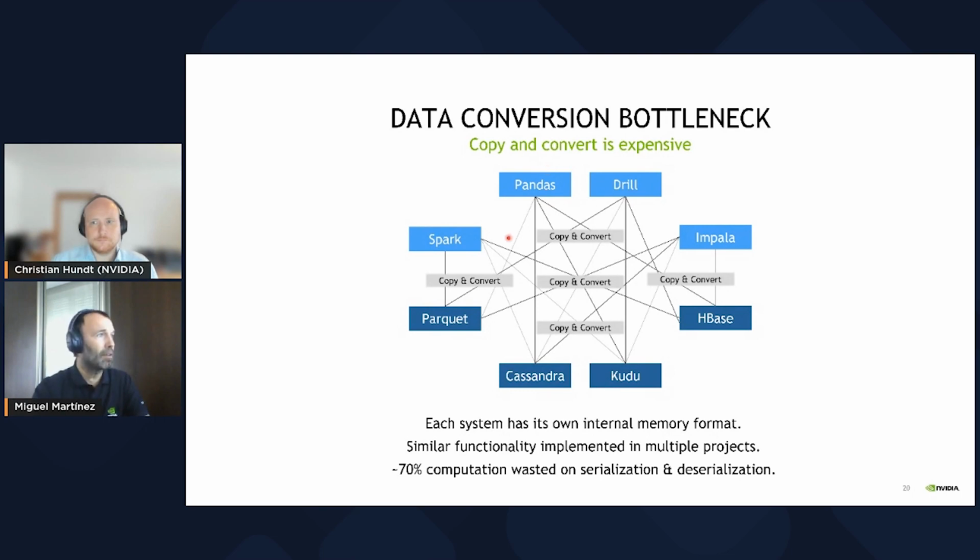But Parquet organizes the data in columns on the disk. So when you are loading the data, you are not only loading the data, but also transposing it, converting that to a target data layout in memory. And that is very time-consuming. How much? Around 70% of your computational time is wasted on those kinds of serialization, deserialization, transposing, and changing data types. That is really, really inconvenient for our purpose.